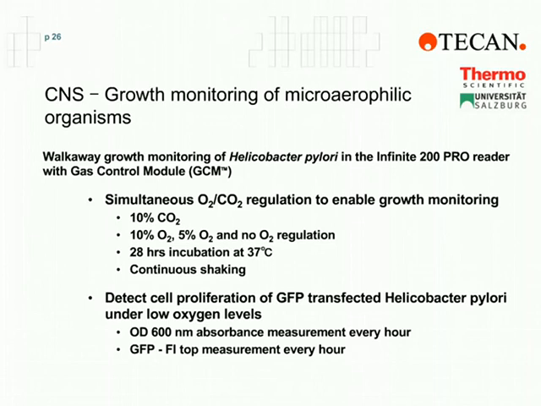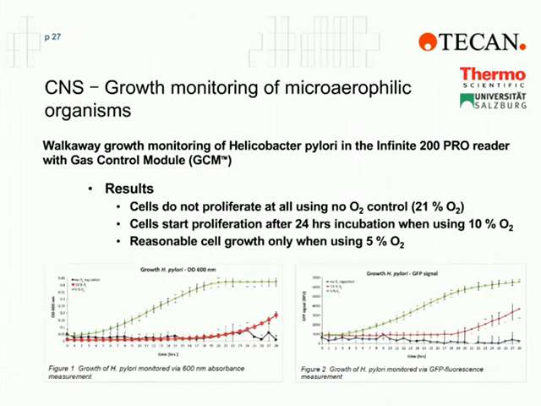So what we did was we used 10% CO2 and changed the oxygen concentration to 5% and no oxygen regulation. We let the cells grow for 22 hours at 37 degrees with continuous shaking, and as I said, did a multiplexed assay where we can really use an absorbance measurement and a GFP FI top measurement consecutively inside the Infinite reader. So this walkaway growth monitoring now shows clearly that cells do not proliferate at all when no oxygen control is actually done,